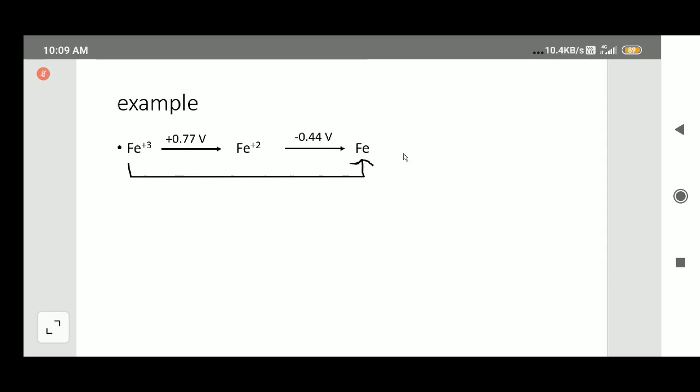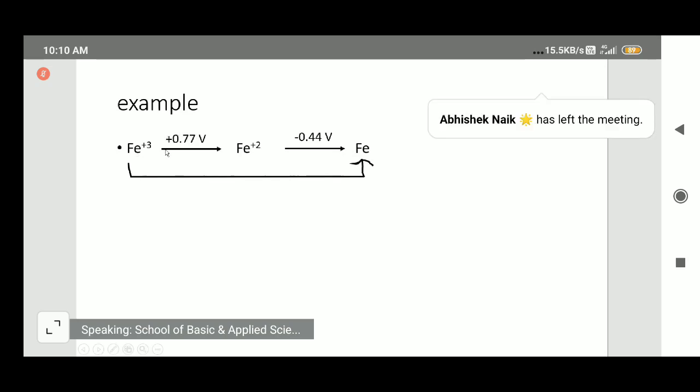I think if you are trying to guess by simply summing up the values, that is not the right way to do, because the simple electron volts are not additive in case of this reduction potential. You have to convert them in terms of free energy. Let's find out what is the free energy change for Fe3+ to Fe. It is not readily available, but what we know is delta G is equal to minus nFE. If you substitute the value here, what is delta G? We don't know. E we know, E is 0.77 volt.